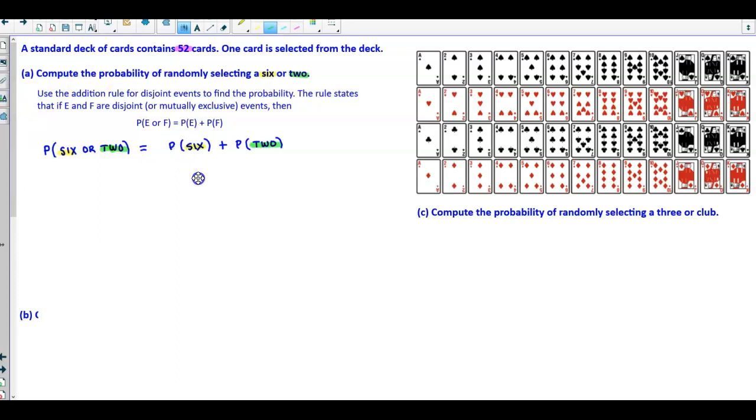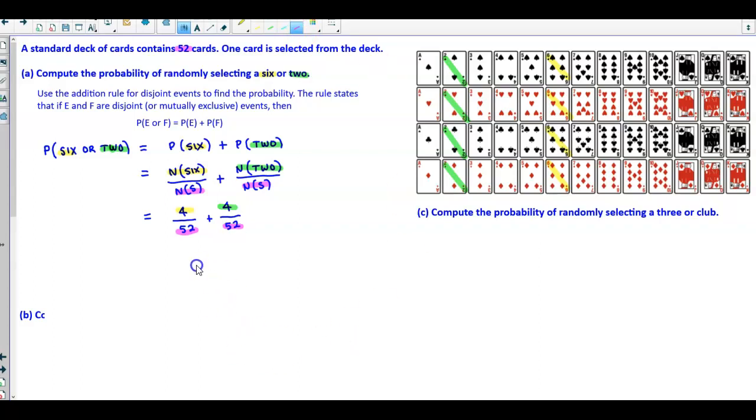Now, what does that mean to find the probability of a 6? Well, that means that we need to find the number of outcomes that have a 6 in our deck of cards divided by the number in the sample. Okay, and then we want to find the number of outcomes of 2 in our deck of cards divided by the number in the sample, or the sample size. So how many 6s do we have? Well, we have 1, 2, 3, 4. So we have 4 6s, and we're dividing it by the total in the deck of cards. Plus, how many 2s do we have? 1, 2, 3, 4. So we have 4 of the 2s,